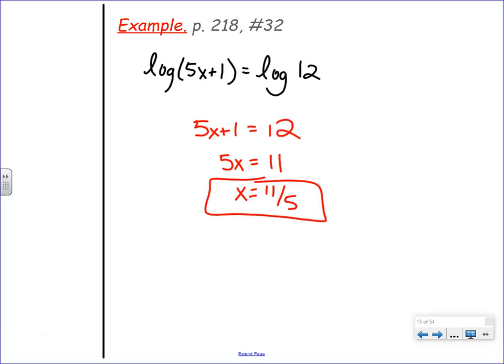But let me show you another quick reason, because this other reason will help us when they maybe don't match. What's the understood base for all common logs? Okay, I'm going to write them in so we can think about it. What property in your notes takes a logarithm, does something to it, and suddenly the logarithm is gone? What property has a logarithm on the left but doesn't have a logarithm on the right?